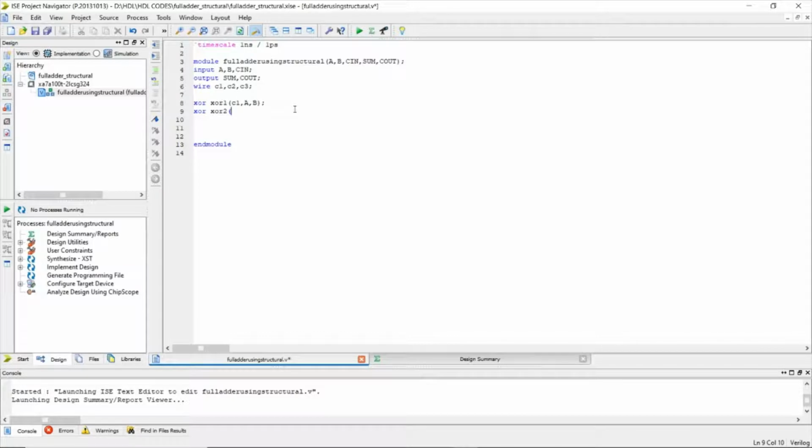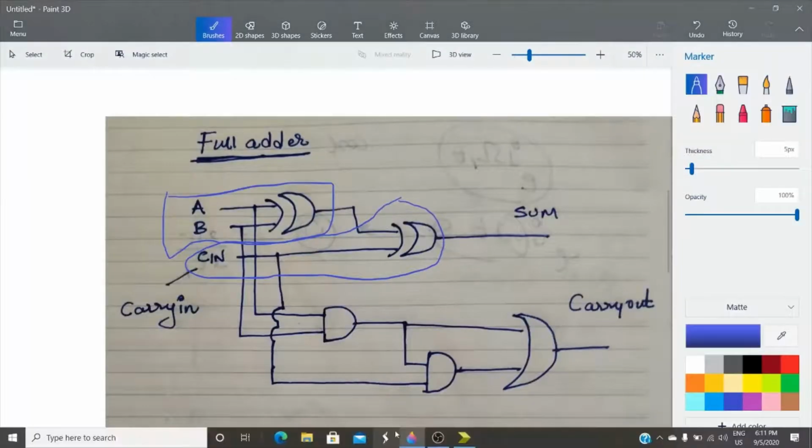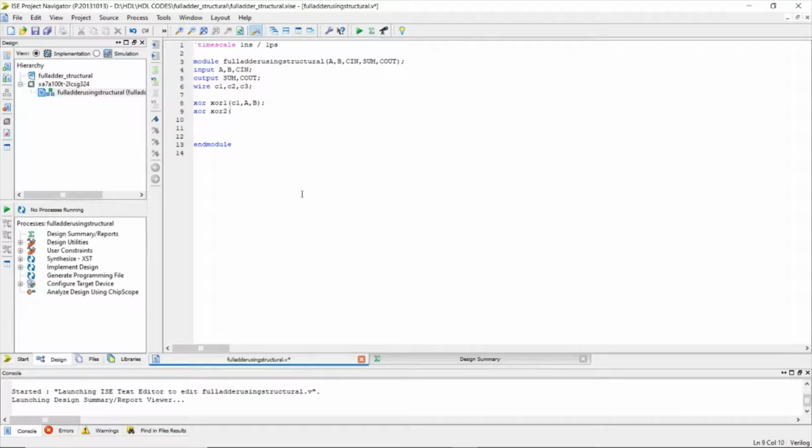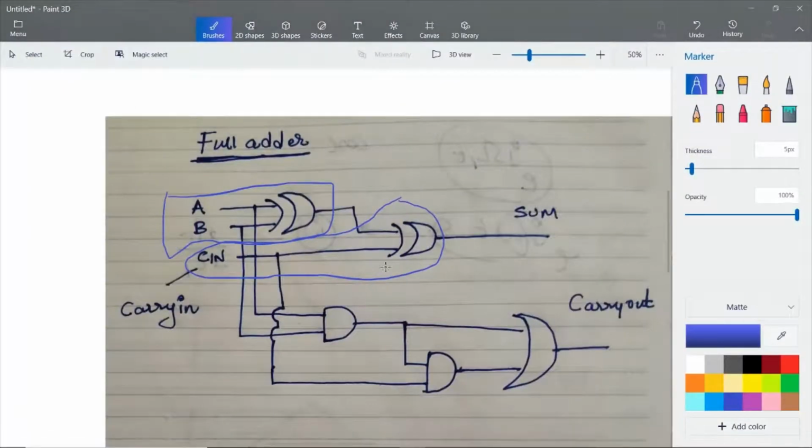First we need to declare the output, which is the sum, not C2. The inputs are C1 and Cin. These are the inputs to the second XOR gate. If you can see, this is the second XOR gate. The inputs are C1 and Cin, and the output is the sum. Okay, now we are done with the XOR.